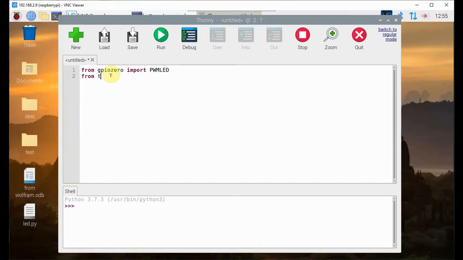Then from the time library, import the sleep module. The sleep module is used to give delay between LED blinking.